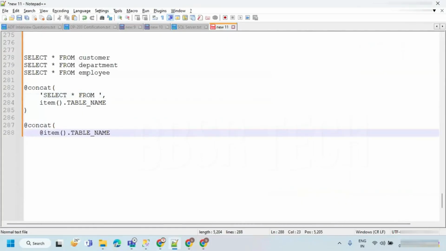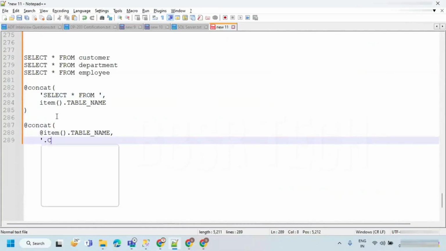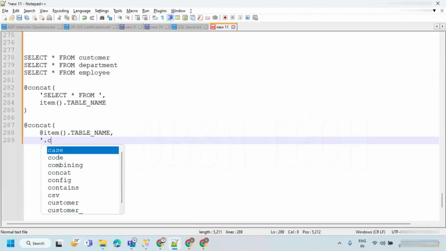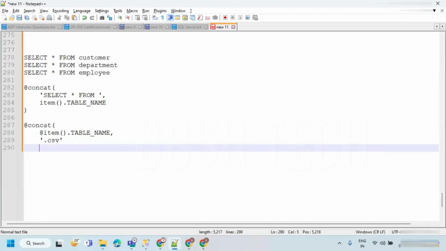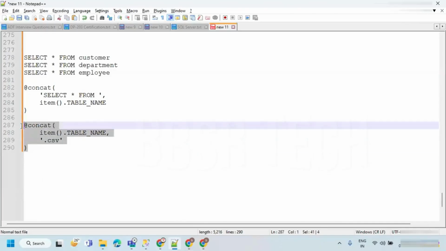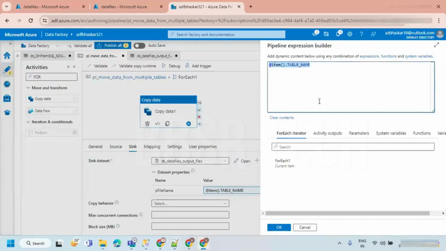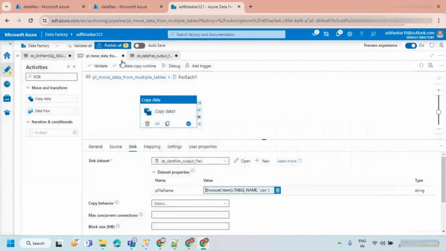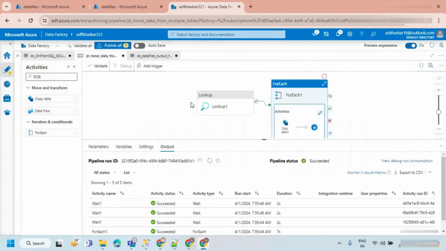This is going to give the name of the file and .csv I'm taking. Let's close the concatenate function and take out this at since it is an inner function. Let's take a copy of this and paste it. Let's hit OK. Now I'm just going to debug this.